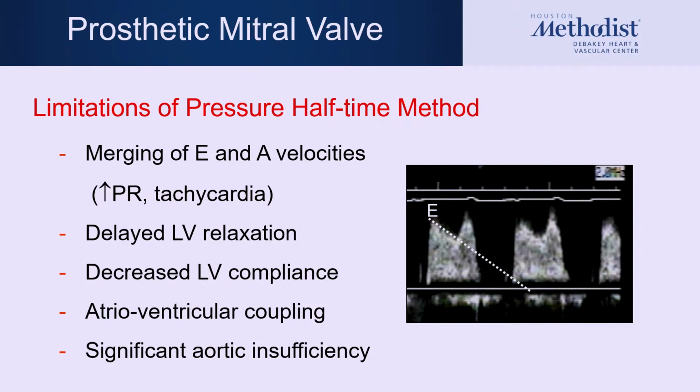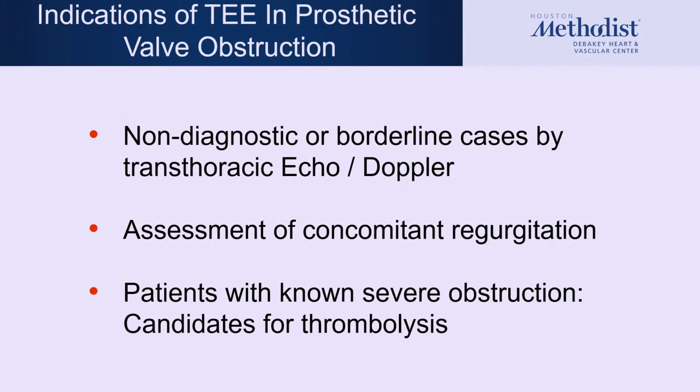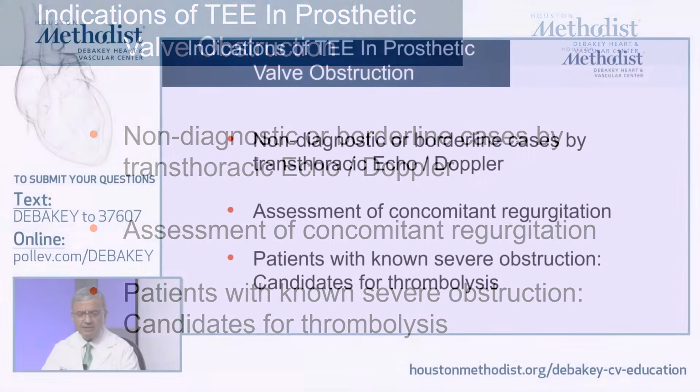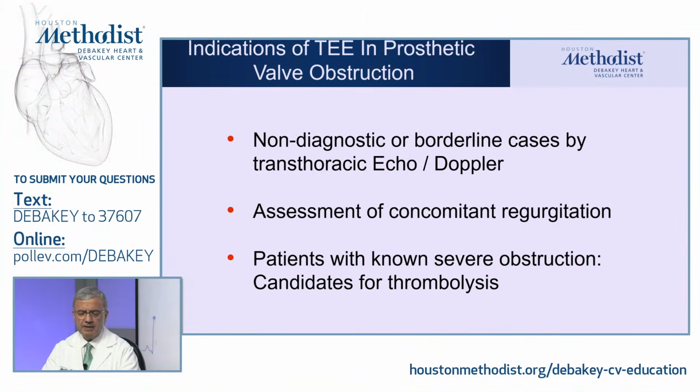However, there are limitations of pressure half time if you have merging of the E and A waves, if they're still in sinus rhythm, the issues of LV compliance, atrioventricular coupling, and significant aortic insufficiency that would affect it. Notice that we have not talked at all about transesophageal echocardiography. And I think the importance of TEE is when you have non-diagnostic or borderline cases by transthoracic echo,